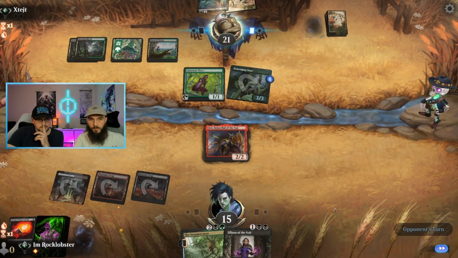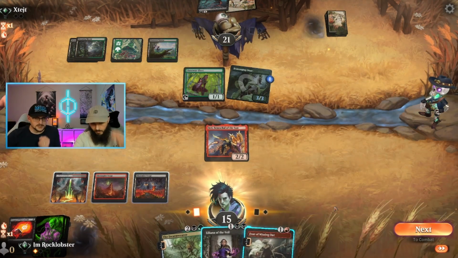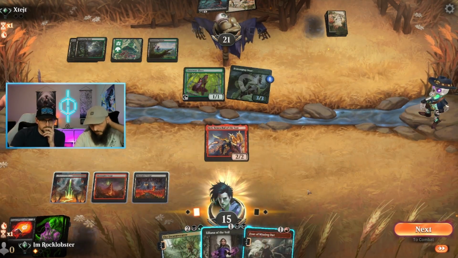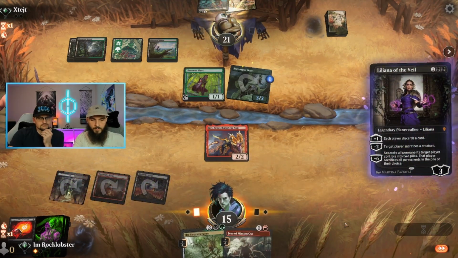You're gonna throw for the goat? He may just pass and let this exist. We have FOMO now. I mean now we just Lily though. We Lily, yeah. He's gonna kill it, so I think this is a little bit awkward, but